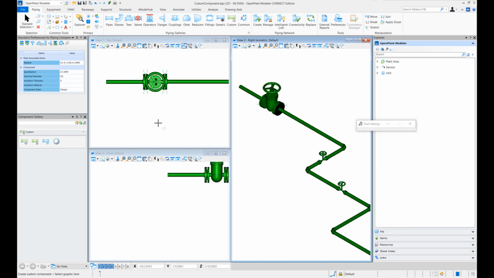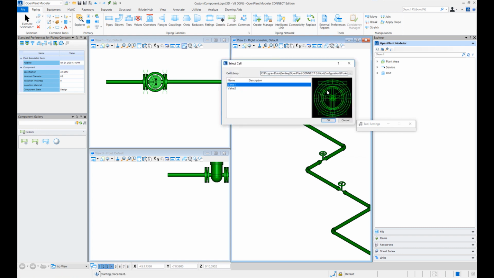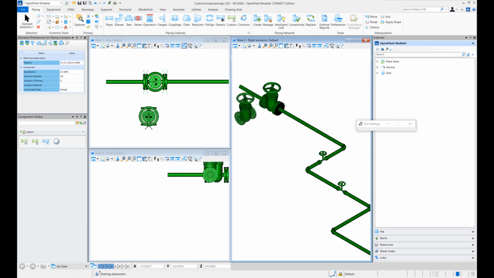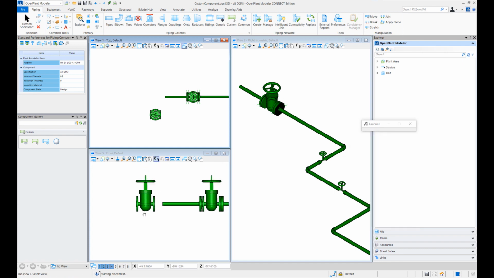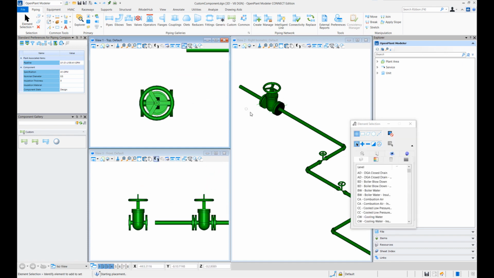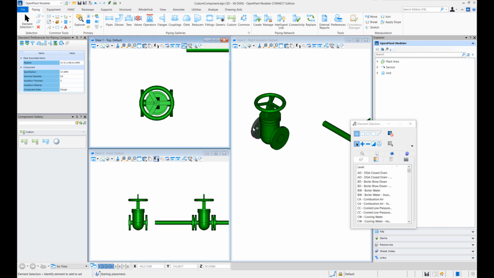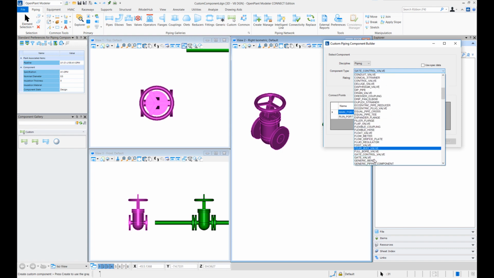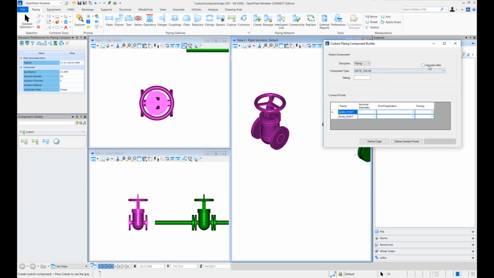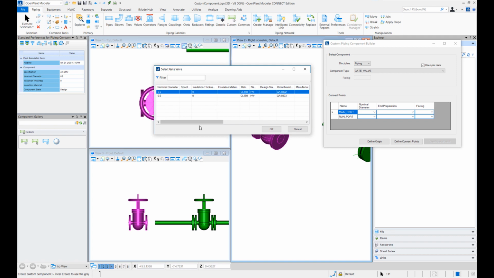Okay, so for our second exercise, we'll also place the same cell again. Let me just place the cell here, and just move it here. And from this exercise, we'll select the graphics, say create component, and this time we'll use the spec data. So let's again place a gate valve, and if I hit select use spec data,